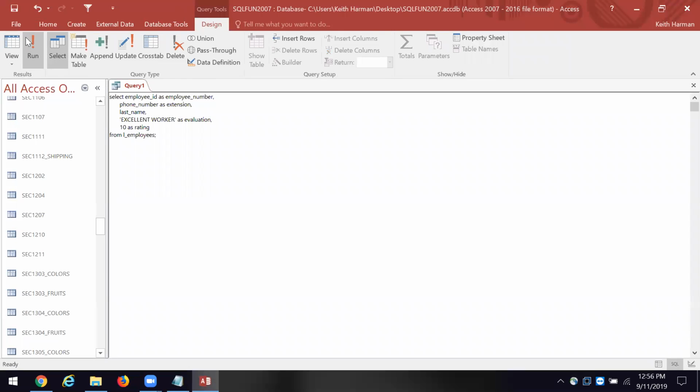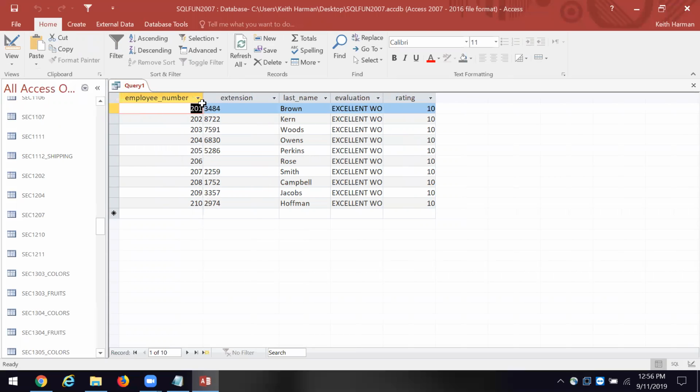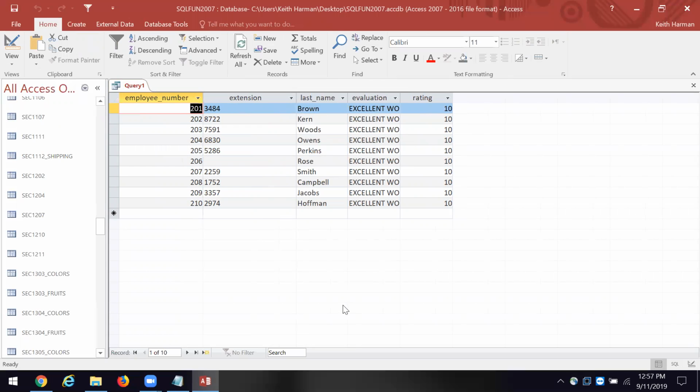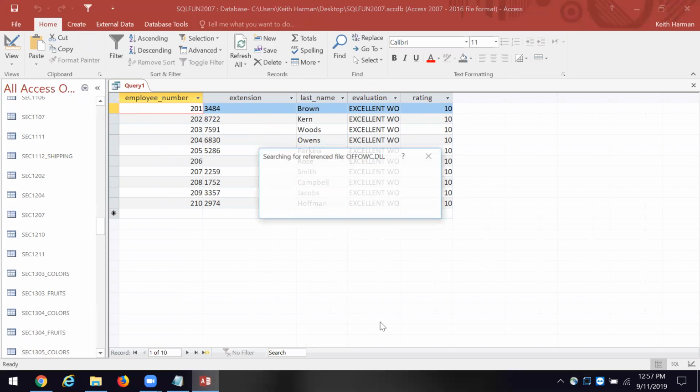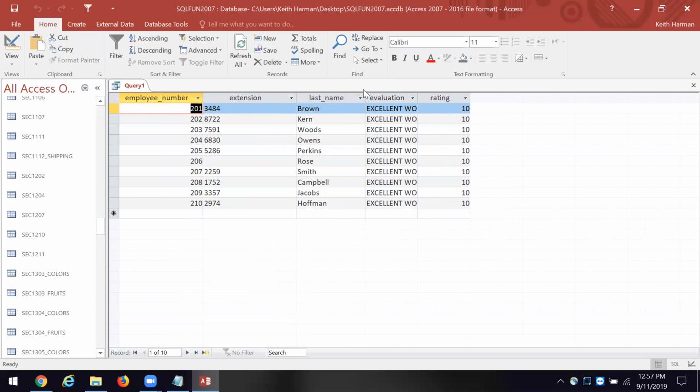There we are. Now the column that was known as employee ID, we've changed it to employee number. And then for the phone number, we change it to extension. Then we have the last name. And then we added these two columns,